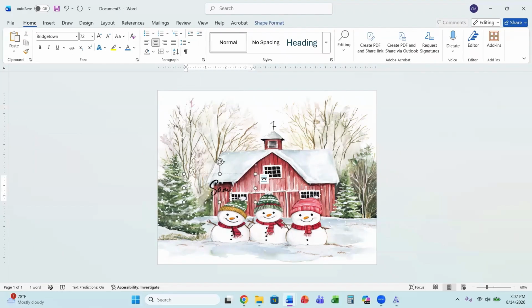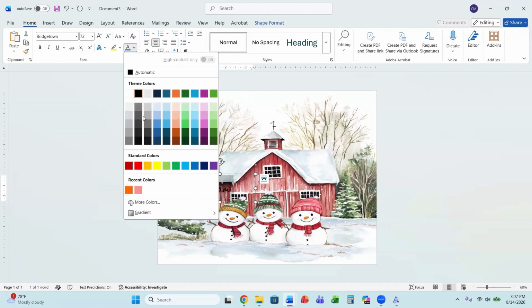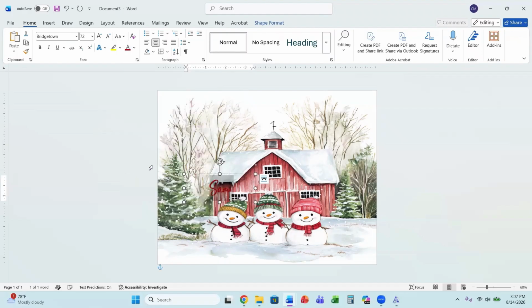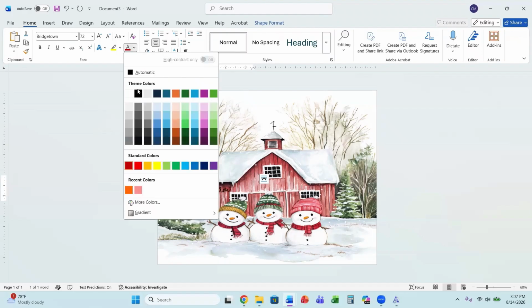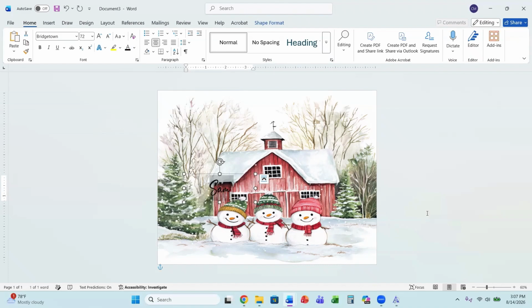And then, of course, you can change the color of this by going up to your color, and you can make it whatever color that you want. I wouldn't want it that red. It blends in too much. You could use whatever color that you want. So you could put a last name in here, season's greetings from the blah, blah, blah, blah, or whatever you wanted to do. So I just wanted to show you a few options of downloading fonts and using them,